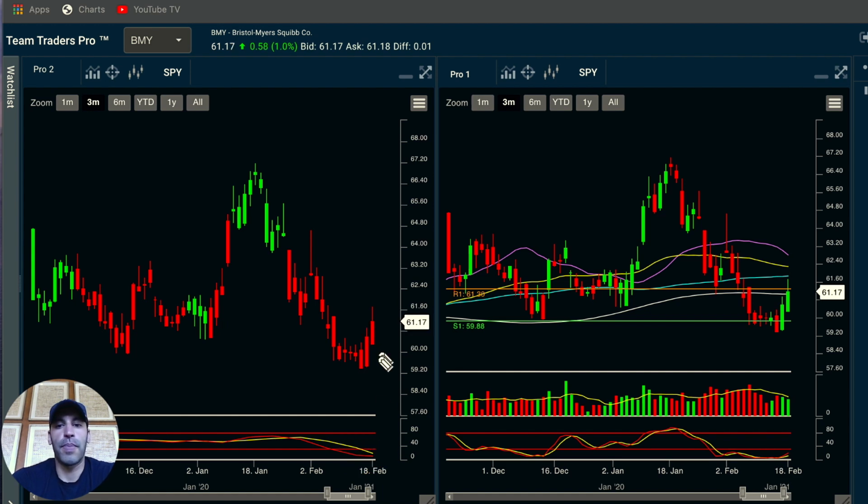Now, this may be a little bit different because we are so oversold and it is snapping back. This is when you do want to use some caution. And what I would say is if I was you, I would probably be taking some profits on this if I did own this stock, if you are short on it. Take profits if you are short on it. So what would I do? If this was me, what I would do is throw one tracker share on for a long position. So I would buy one share,